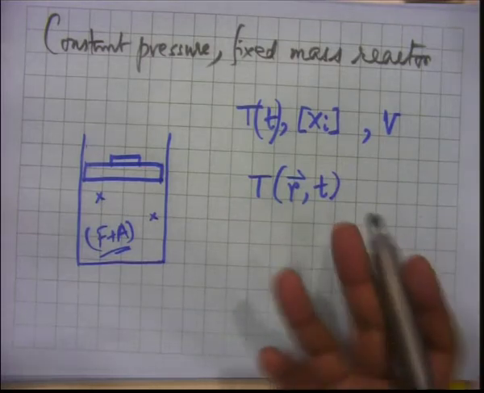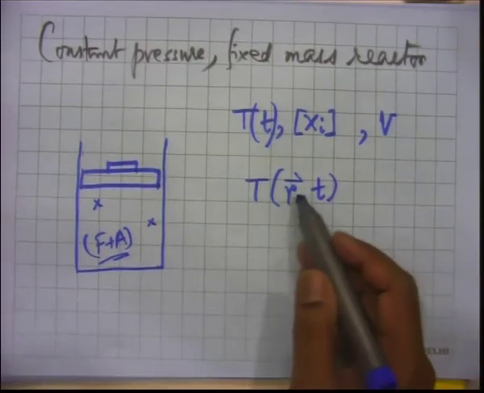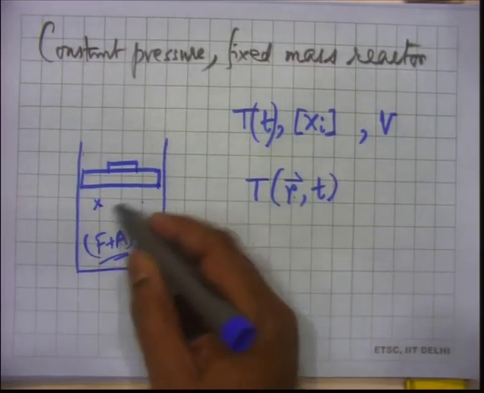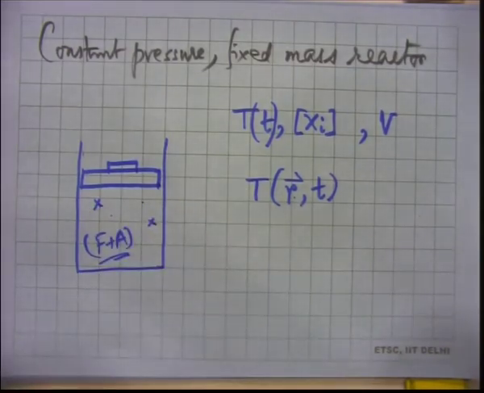So if you are strict about it, temperature will change with a position vector. It will go from one place to another, temperature will change, and it will change with time. Why should it change with time? As the reaction progresses, we have fuel and air reacting, progressively fuel and oxidizer are coming in contact with one another and reacting and releasing heat. That should be changing the temperature of the system. So temperature should be a function of time.